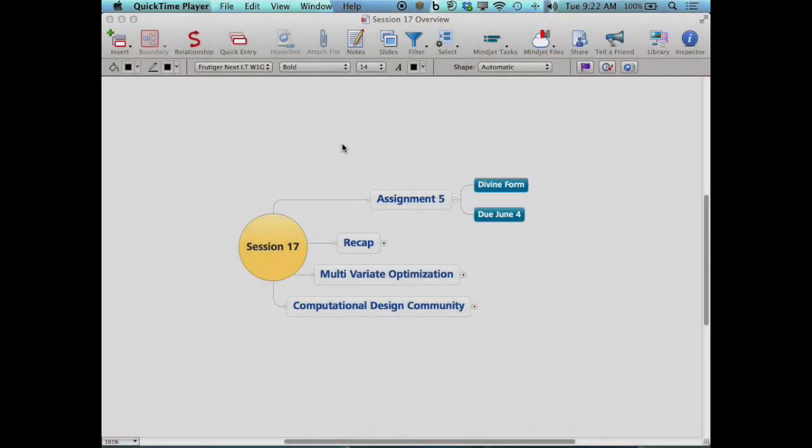Okay, let us go ahead and get ourselves started for today. It's actually going to be our last class session, and there's a lot of things we want to do to really set you up for where we go next with all this. So we do want to spend some time talking about assignment 5 and really what we've asked you to do